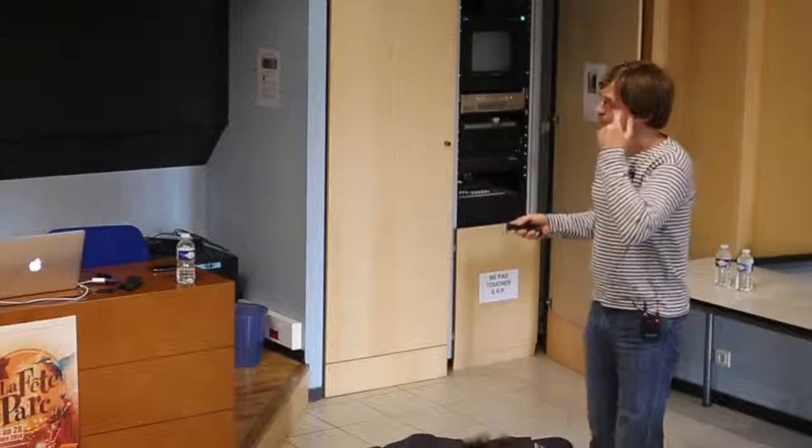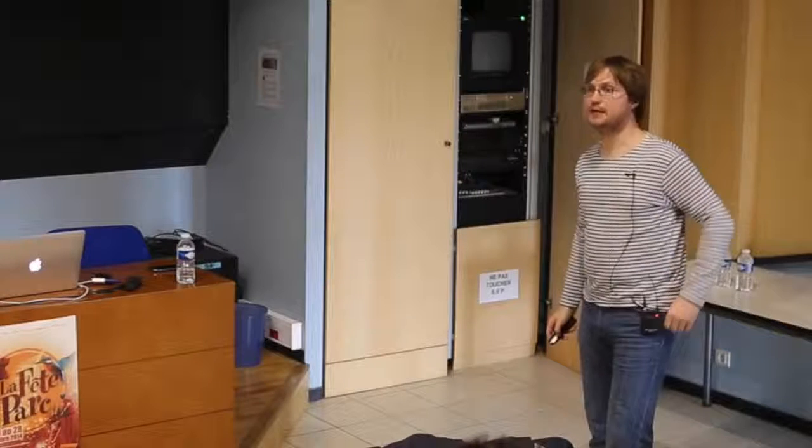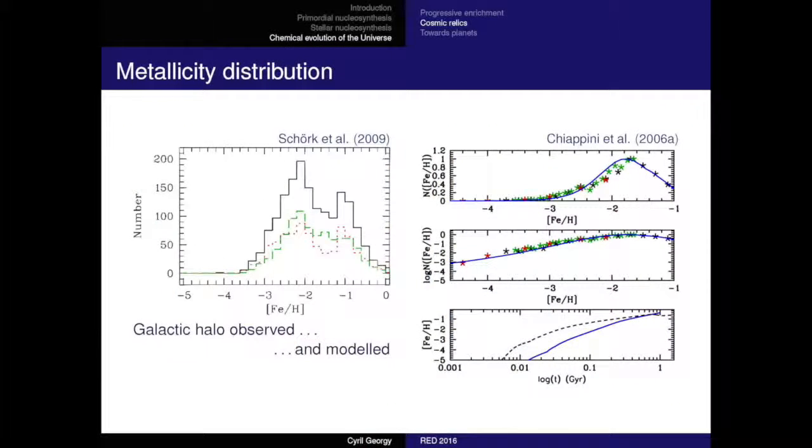So all the stars do not have the same metallicity inside the Milky Way. You can take some stars and see how they are distributed in terms of metallicity, and you will find this kind of distribution here. The observed